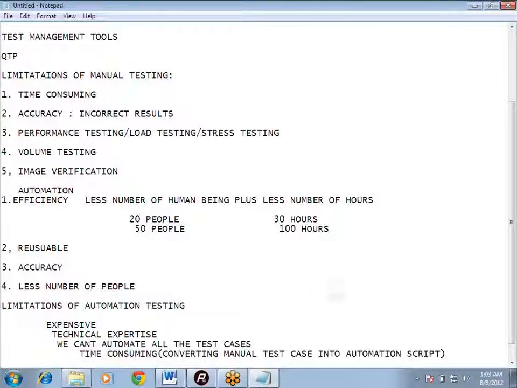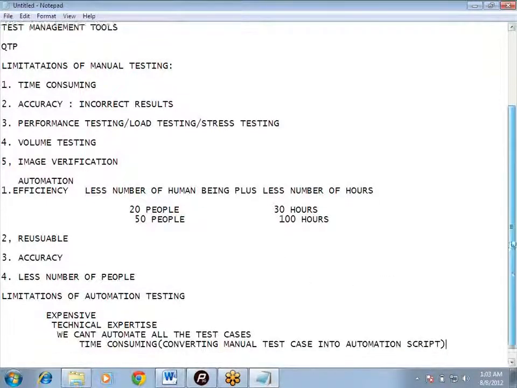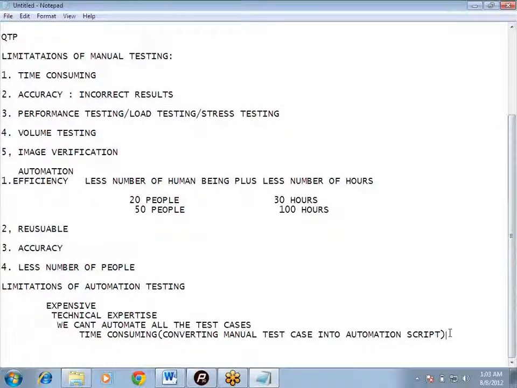So two more drawbacks are, we can't automate all the test cases, and it is time consuming. The execution of scripts is not at all time consuming. What is time consuming is when we need to convert a manual test case into an automation script.